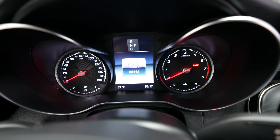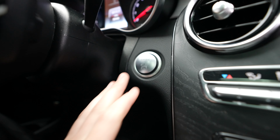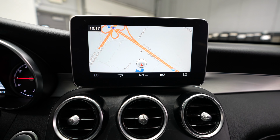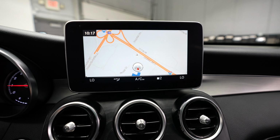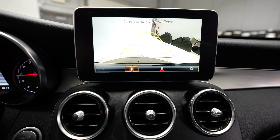Mileage in this vehicle is 55,446, and we have a push-button ignition, Mercedes-Benz navigation system, radio, and backup camera,